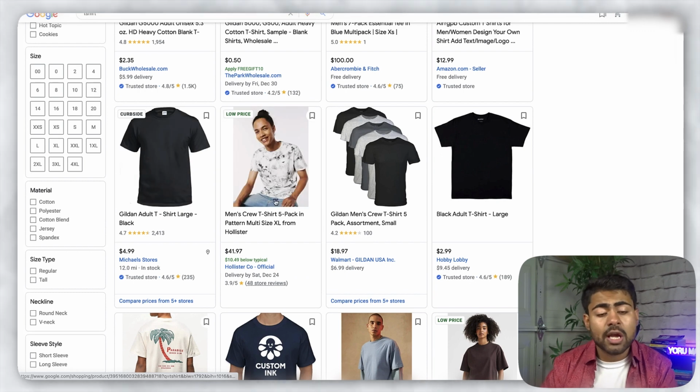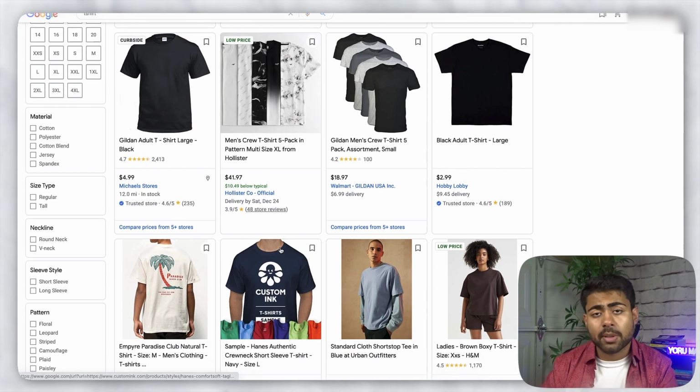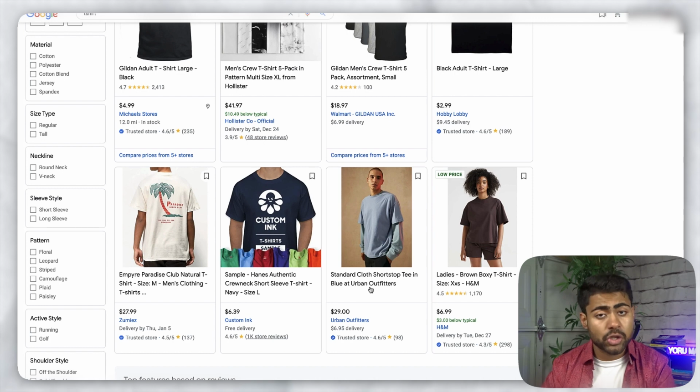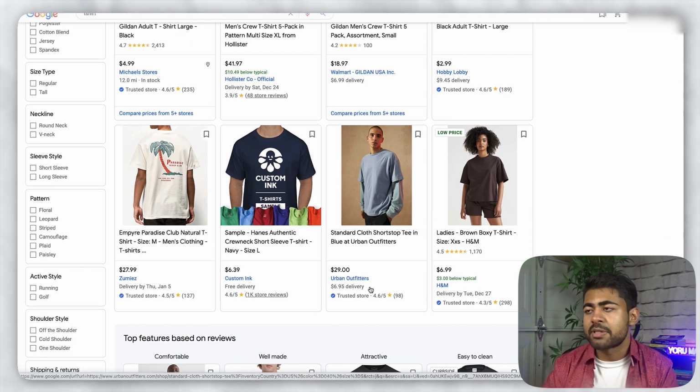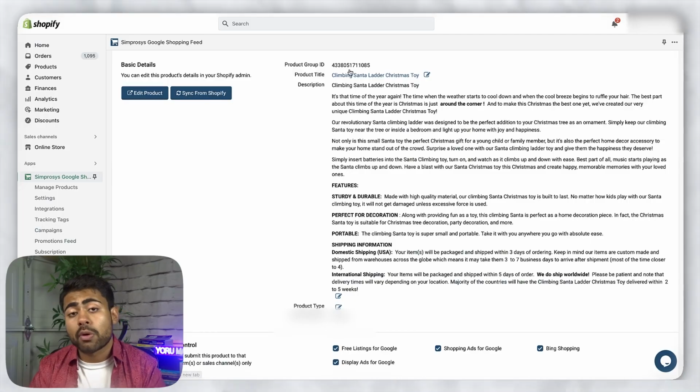You don't want to do this. You want to be as specific as possible, ranking for keywords which people are searching for, and that's only done through proper search engine optimization techniques. So that's sort of like the final part of product feed optimization, making sure your titles and your descriptions that get shown on Google's end are following certain techniques, because if you don't follow it properly,